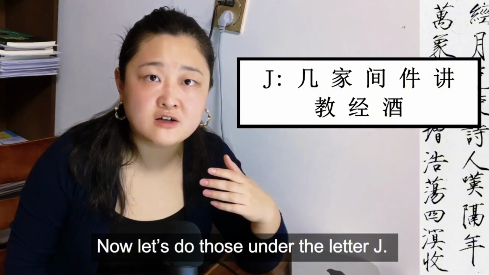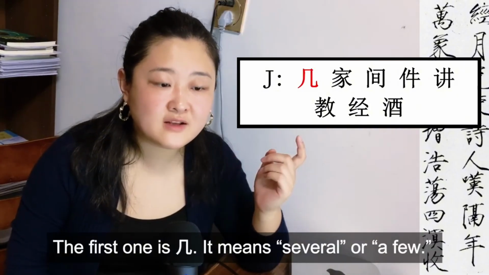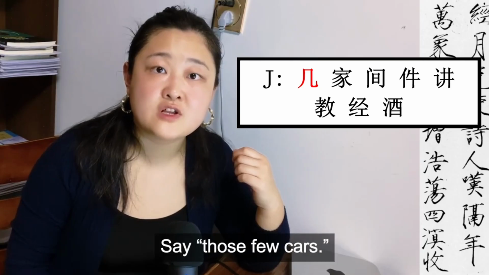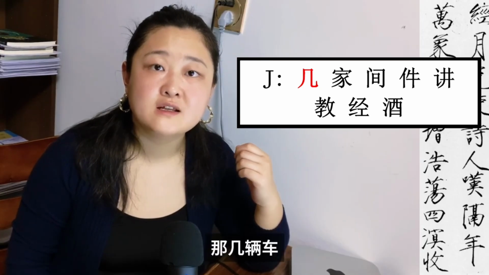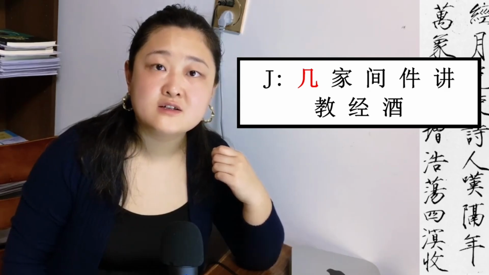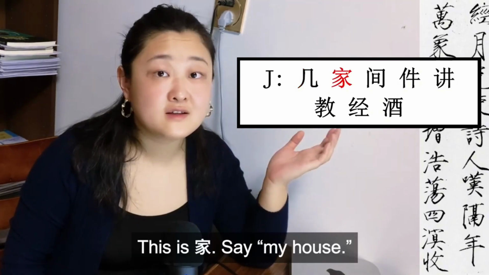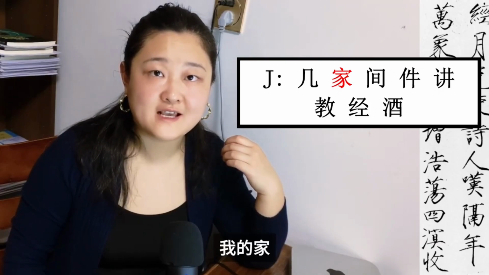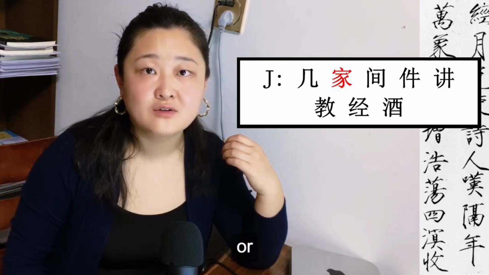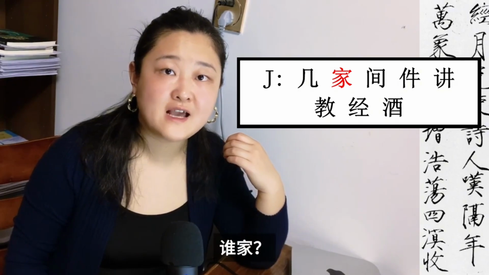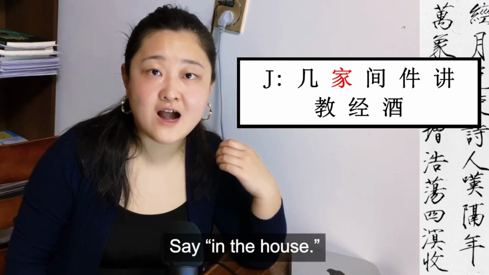Now let's do those under the letter J. The first one is 几 It means several or a few. Say those few cars. 那几辆车 Say these few tables. 这几张桌子 This is 家 Say my house. 我的家 or 我家 Ask whose house? 谁家